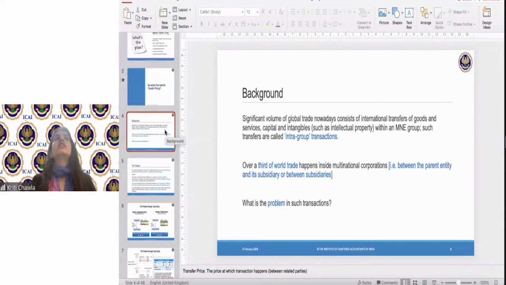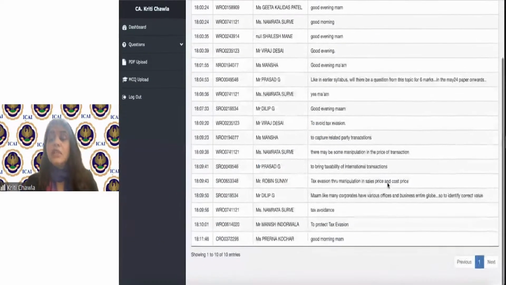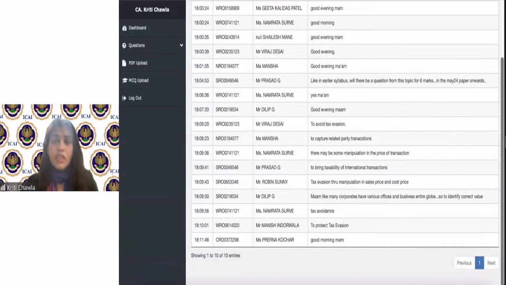So what I'm trying to say is that if you look at world trade, all the transactions throughout the world, about 30% of the transactions happen between related parties. But what is the problem with these particular transactions? Why are we making a big deal out of them? Well, the problem is